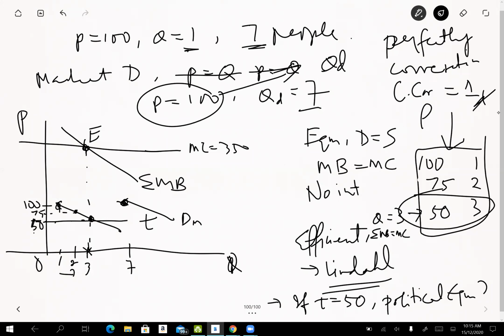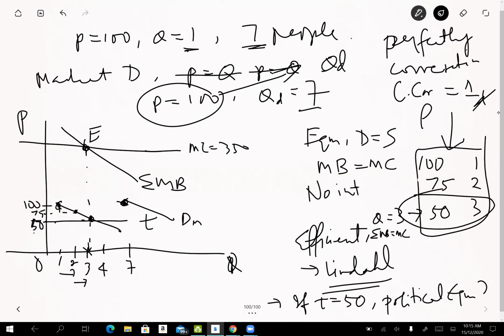I increase Q to 3. What is the equilibrium now? I mean, how many vote yes? 7, sir. Still, everybody votes yes. Okay? So everybody votes yes. You can only simple majority. Okay? So I increase to 4.